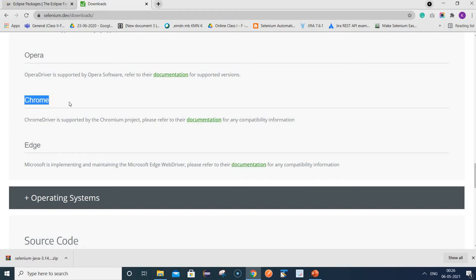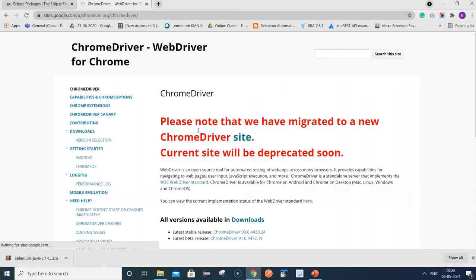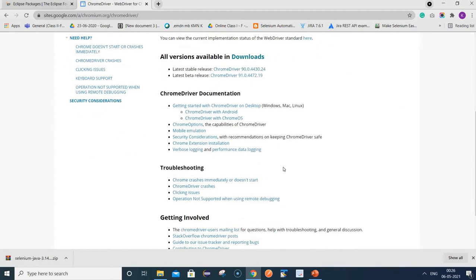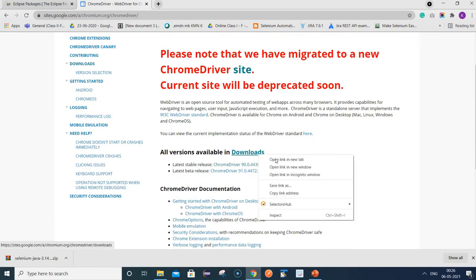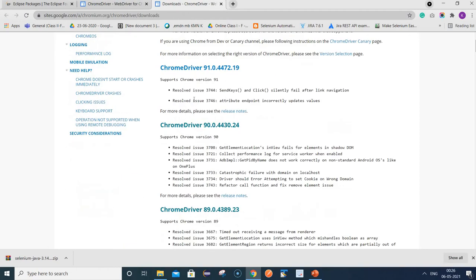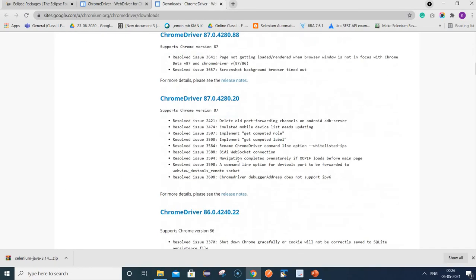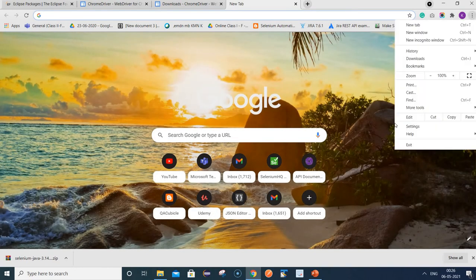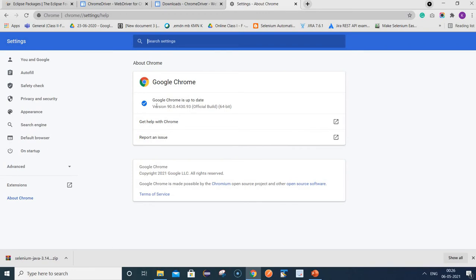As I'm going to use automation for Chrome, I will go to this documentation, and we can see there are a lot of Chrome driver exes available. If you click on this site, you can find a lot of old versions of the exe as well. How will you decide which exe we need to download? For that, you simply go to your Chrome, Help, About Google Chrome, and check the version of your Google Chrome. You can see I am using 19.0.4430.